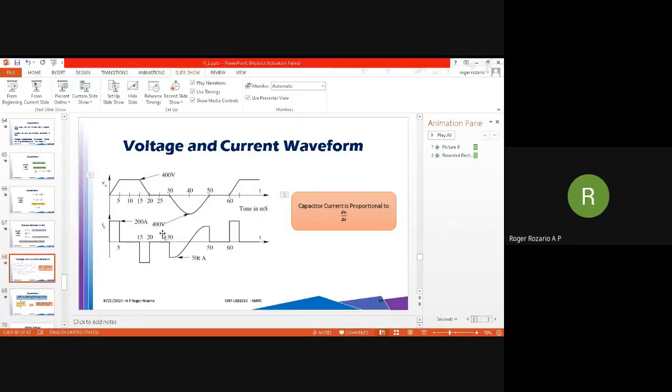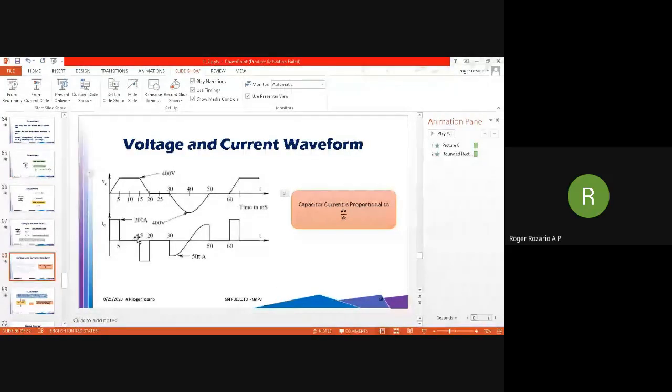Now we are trying to calculate the current flowing through the capacitor from the voltage. The current can be calculated by differentiating the voltage. When you differentiate a ramp, you get a constant, so this current is constant between 0 and 5. And when you differentiate a constant value, you get 0 current. From 5 to 15, it will be 0, and then the voltage goes down. The discharging of the capacitor takes place between 15 and 20, and the current remains constant.